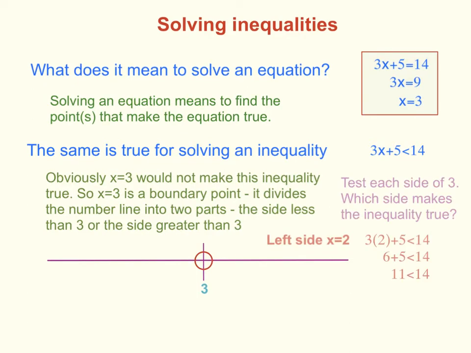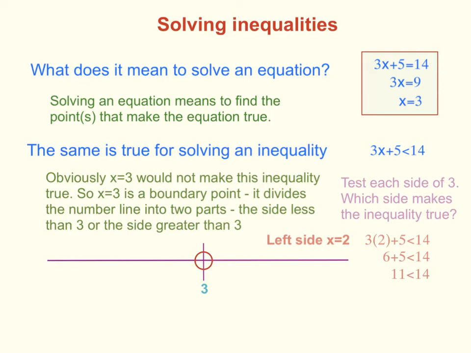So now what I have to do is figure out which side of 3 makes the inequality true. 3 is my boundary point, so what I basically have to do is test a value that's either to the left or to the right of 3 and figure out which side of the boundary point makes the inequality true. So I choose to check x equals 2. When I substitute 2 into x and simplify the inequality, I see that